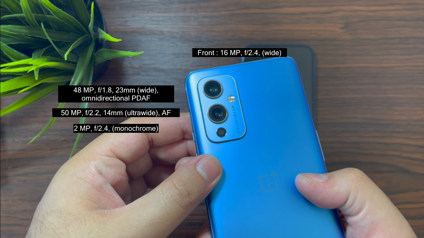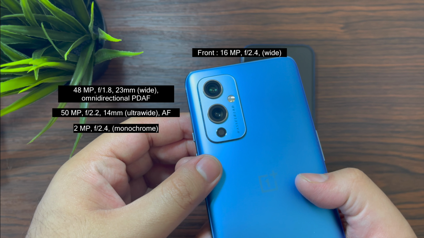But one thing which it does better than the iPhone is that it shoots 8K video. So, that's the better part here. And now, let's look at the iPhone and see how the specifications are of the iPhone. The OnePlus is absolutely, on paper, really good.